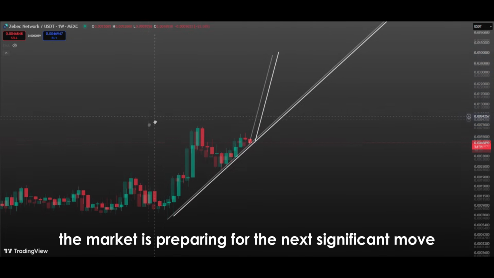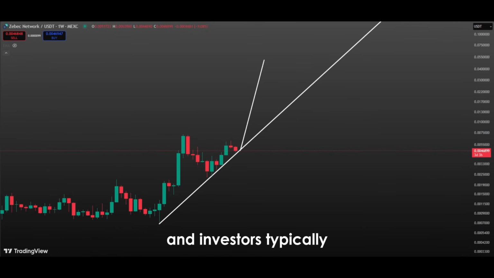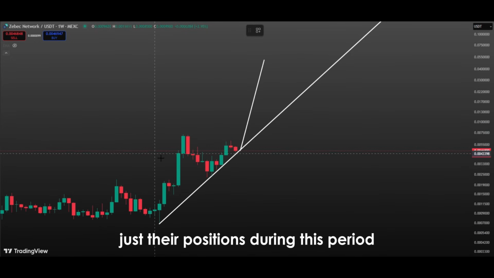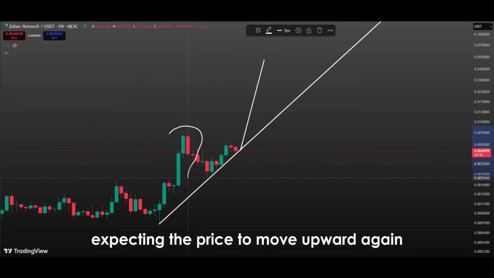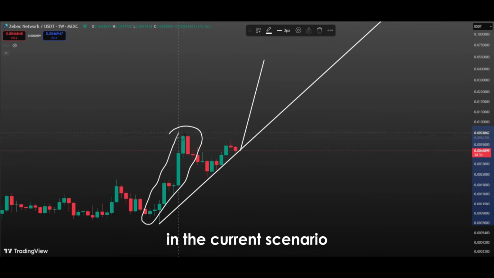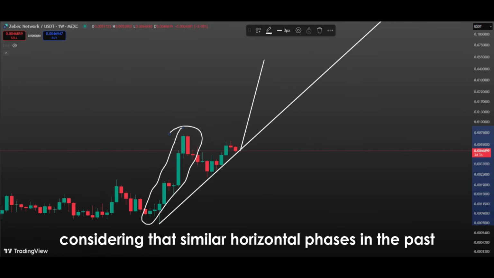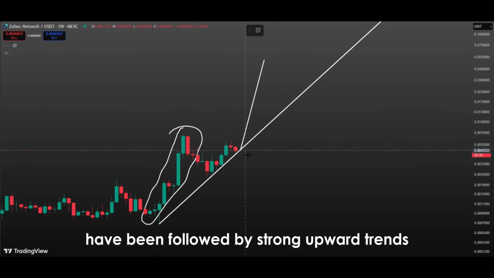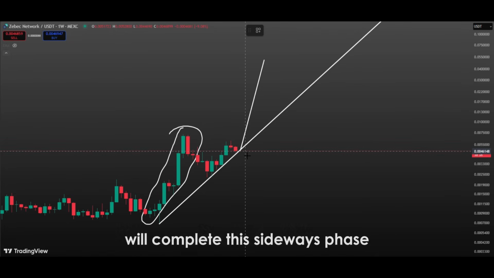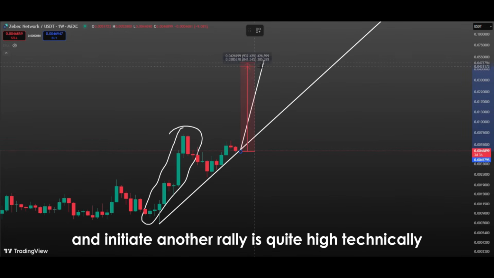The market is preparing for the next significant move, and investors typically adjust their positions during this period, expecting the price to move upward again. In the current scenario, with the price in another horizontal movement and considering that similar horizontal phases in the past have been followed by strong upward trends, the likelihood that the price will complete this sideways phase and initiate another